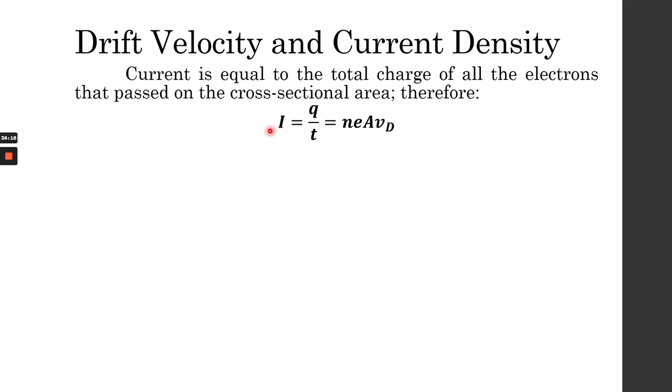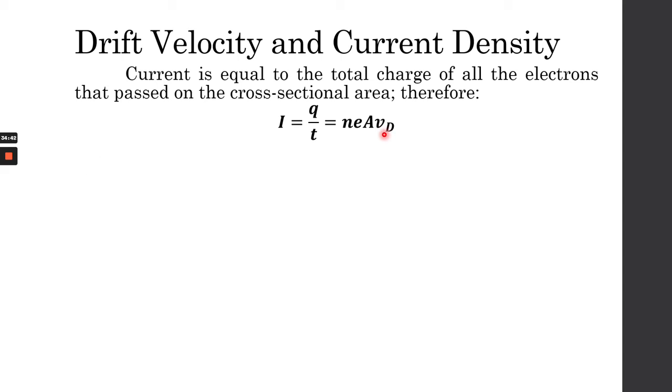Therefore, the current I is equal to charge over time, which is equal to the number density, or the electrons per cubic meter, multiplied by the charge of a single electron, multiplied by the cross-sectional area of our conductor or wire, multiplied by the drift velocity of the electron,